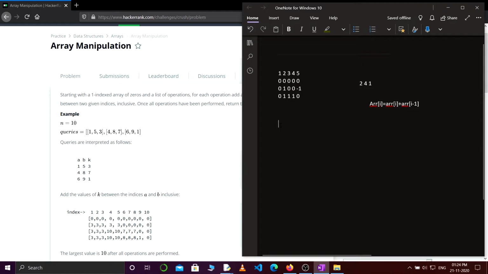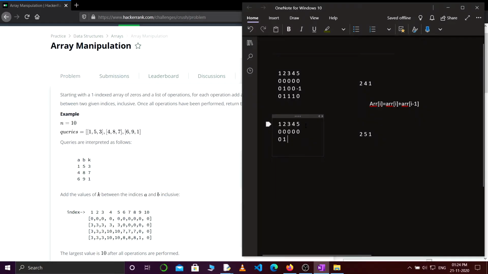Again let's take another example. Okay, and initially all the elements were 0. Okay, and now this time our query is 2, 5 and 1. So what we'll be doing, at index 2 I'll be adding 1, and at index 5 plus 1, that is 6.